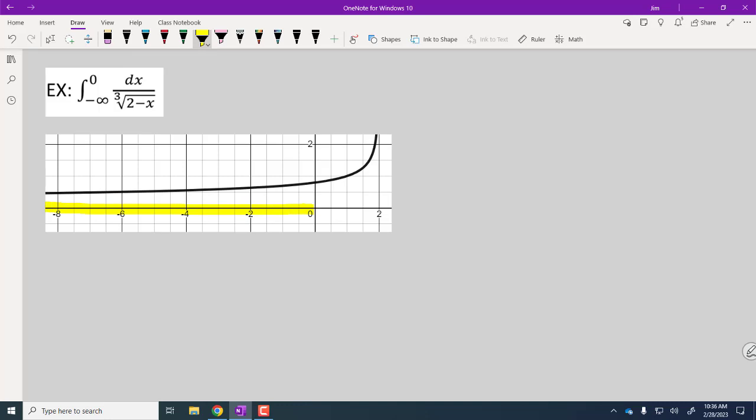And the idea is that we're going to create a definite integral by integrating from 0 over to A, or maybe I should say A over to 0. So that is our definite integral right here. But then we just let A go to negative infinity